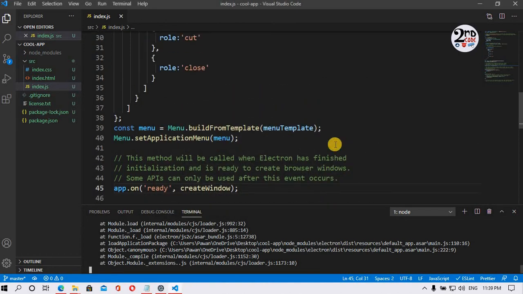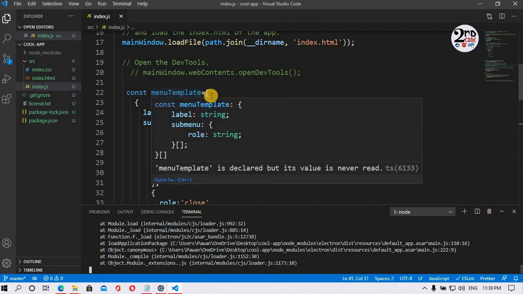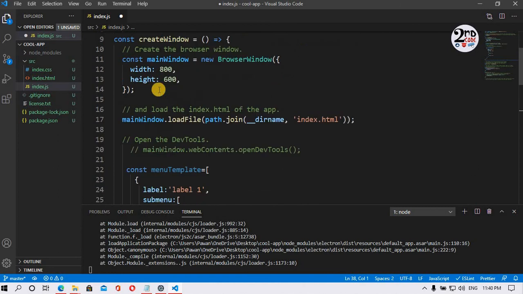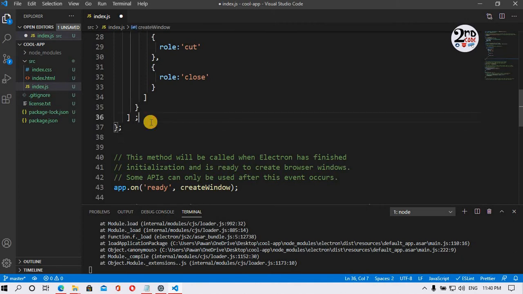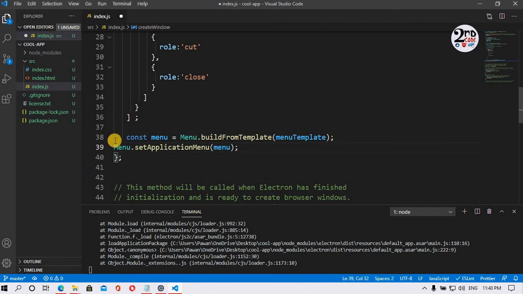There is a little mistake. The problem is we have to define this inside the create window function. I have declared it outside of it, so it generated the error. Just go and cut and paste it inside. Now save it.